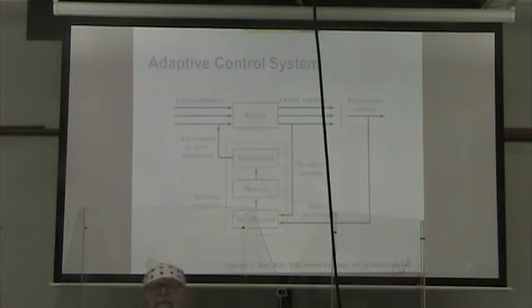So our adaptive control system, we have our input parameters, we have our output parameters, and our performance measure. The process here in the middle, there are measurements of the,